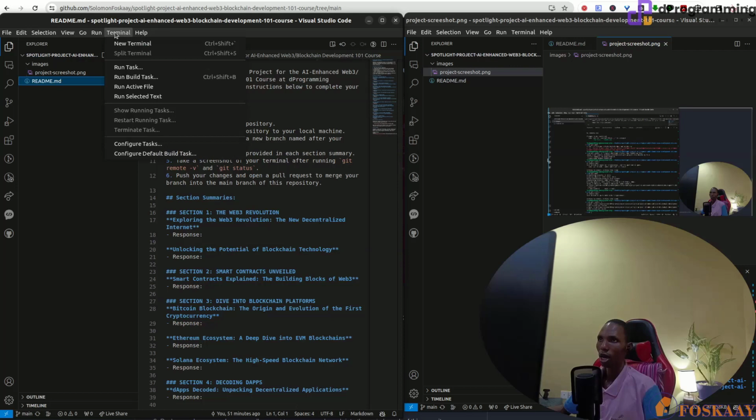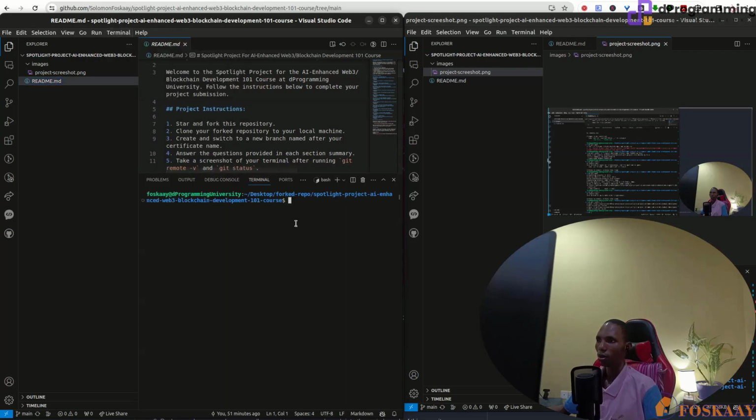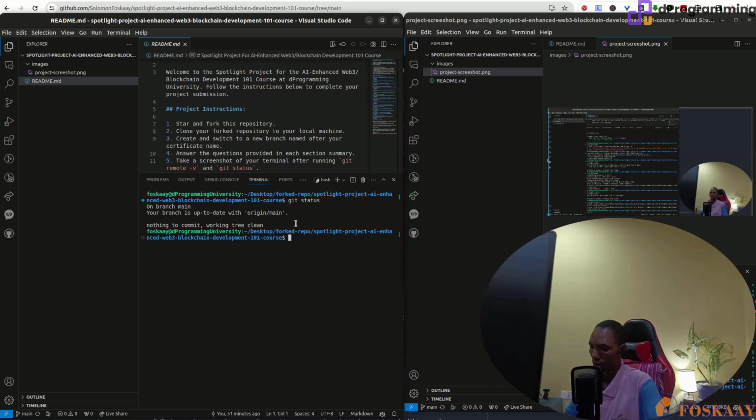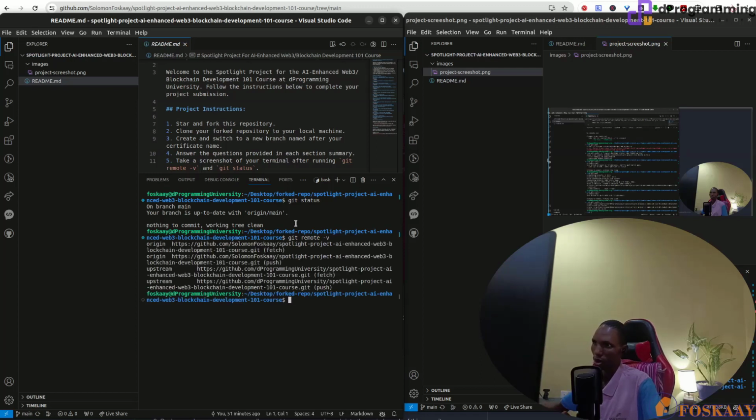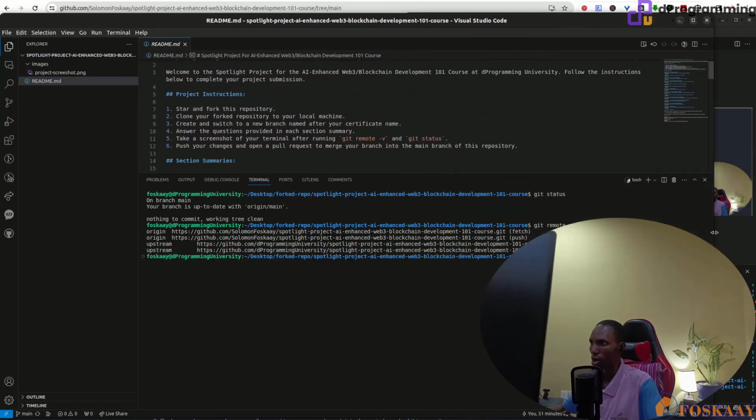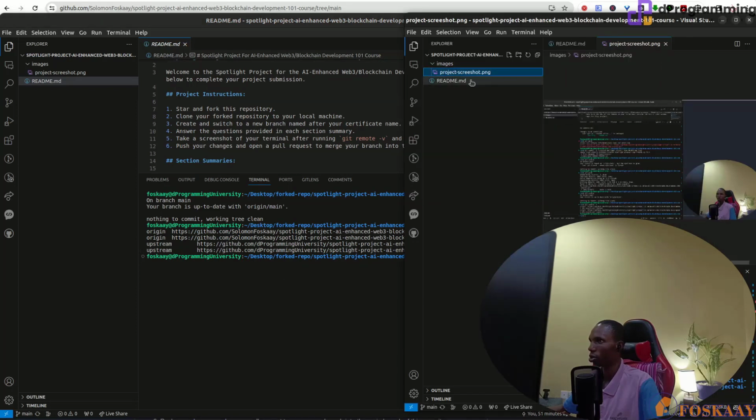You have your terminal, and then you can run git remote, or let's say even git status first. You see it, then git remote -v. So you see what it is showing me. If I expand this, this is Solomon Foskey. Compared to here,